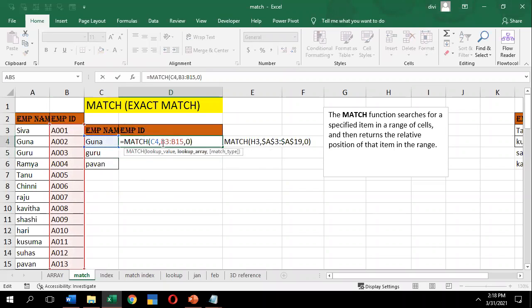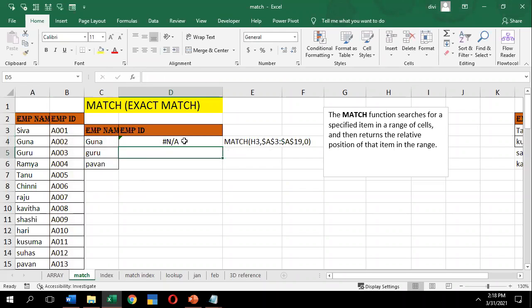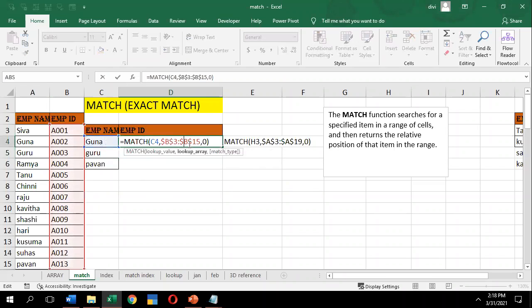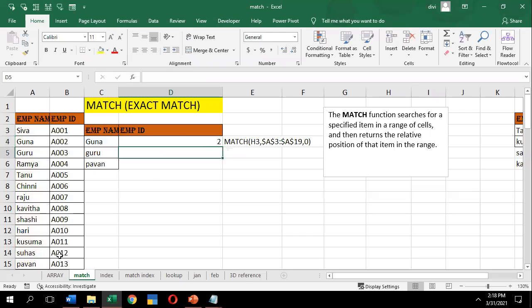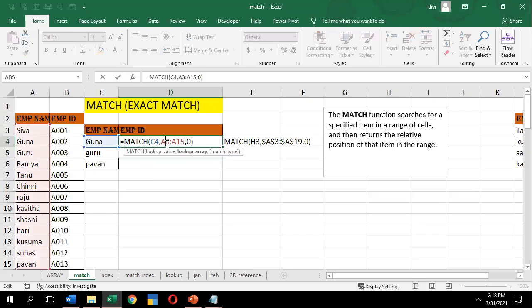So let me try to convert into the absolute method. No, I'm not getting it. I got an error message. Let me try it one more time. Yes, sorry, here I got a result.